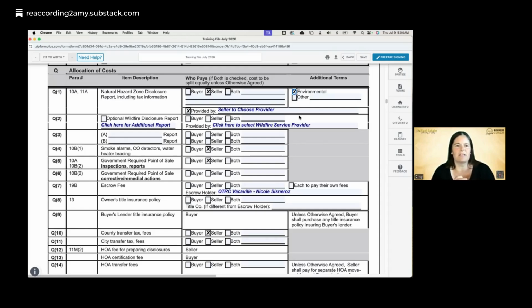So that's your NHD report. And again, generally speaking, that's a seller paid item. The next one is the optional wildfire disclosure report. Okay. You don't need this for every property. We really just need it for if it's in a high fire hazard or very high fire hazard severity zone, then you may want the optional wildfire disclosure report. There's a couple of providers there, and if it's not, come down here and put that in there